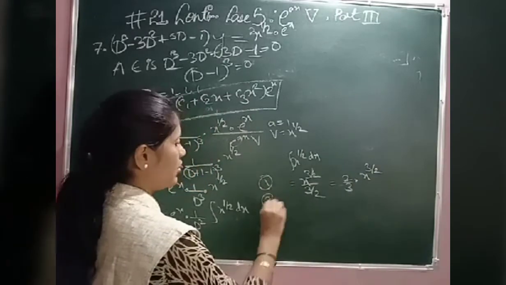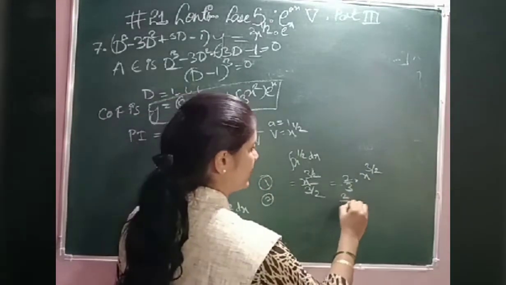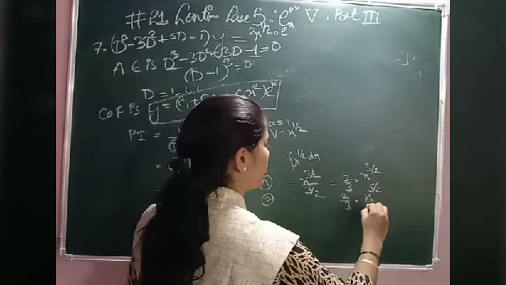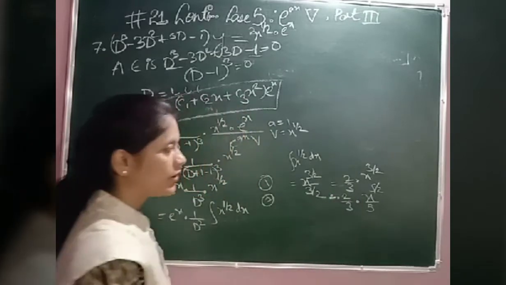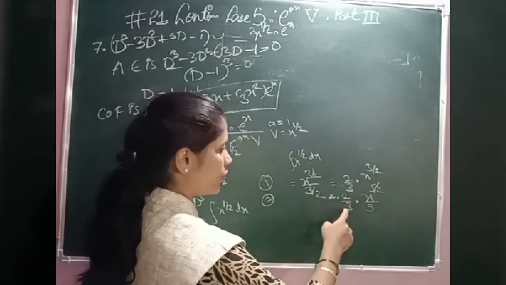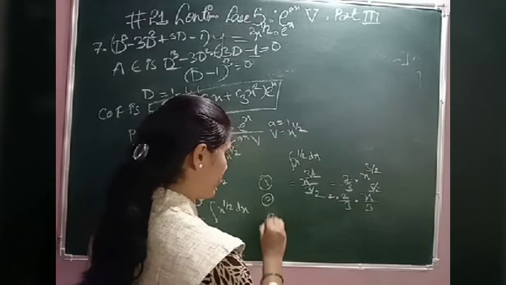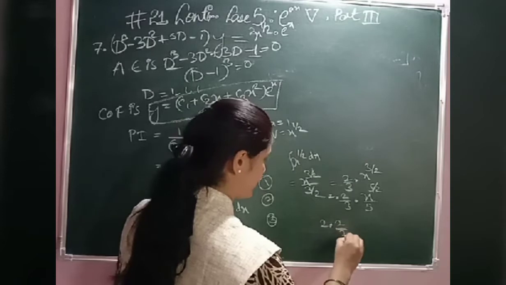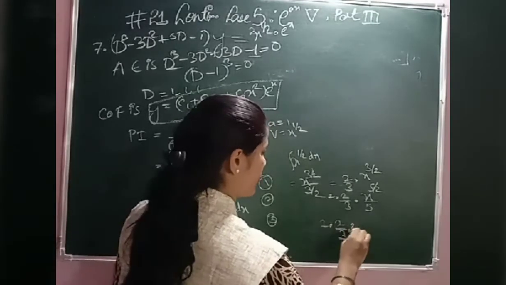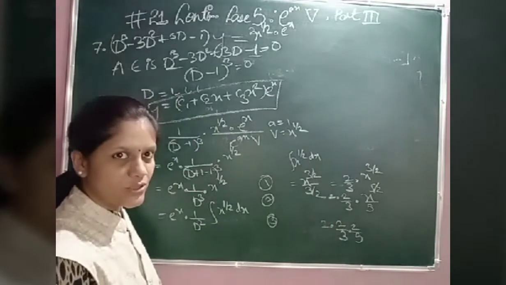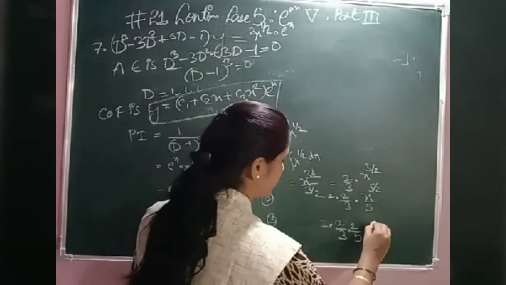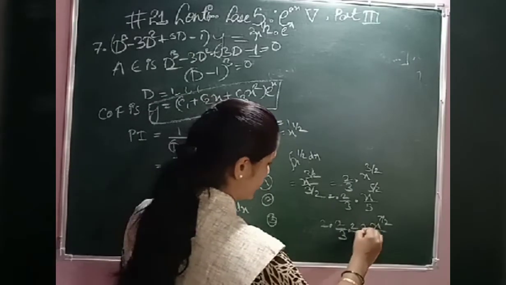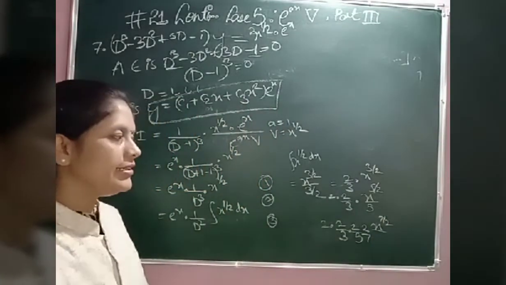So, this is once. What about twice? So, 2 by 3 as it is, divided by 3 by 2 plus 1, x raised to 5 by 2 over 5 by 2. So, now the third one. Again integration. So, what does this give? 2 by 3, 2 by 5. Now, what is the integration of x raised to 5 by 2? X raised to 7 by 2 divided by 7 by 2. So, this is our answer.